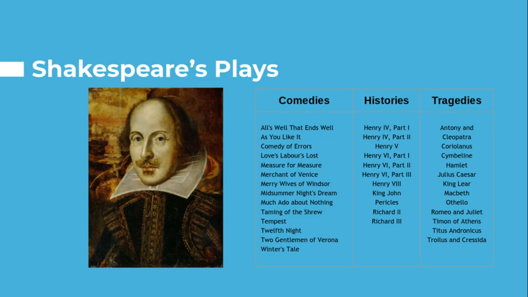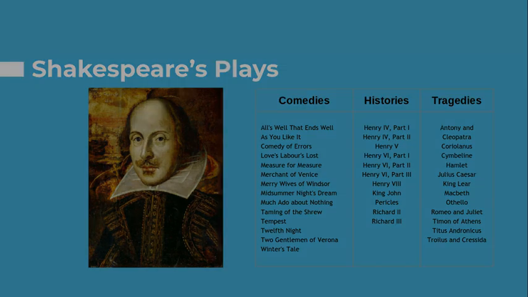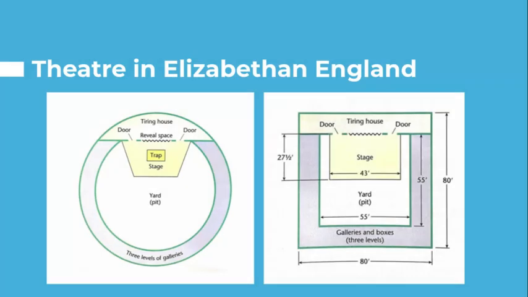In 1623, after his death, 2 fellow actors published the text known as the First Folio, which was a posthumous collection of all of his dramatic works, and that was the first time they were all together in one space. Now, theater in Elizabethan England wasn't always one type of space. Okay? The same play could be produced in an outside playhouse.